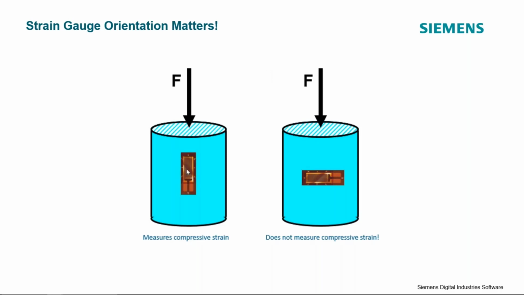So for example, if I have a cylinder like this and I orient my strain gauge so its active length is in the same direction as the applied load, I will correctly measure the full compressive strain that this test object is experiencing. If I misalign my gauge, so in this case, we've completely misaligned the gauge with the applied force, we will not measure the compressive strain. There might be some strain measured due to Poisson effects and due to the transverse sensitivity of the strain gauge, but we will be missing this compressive load.